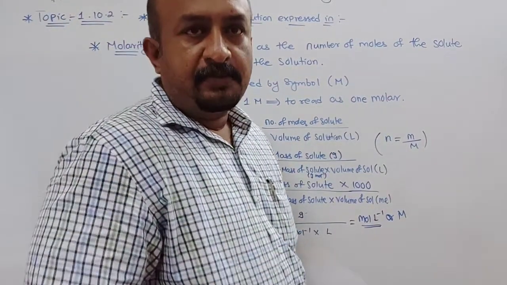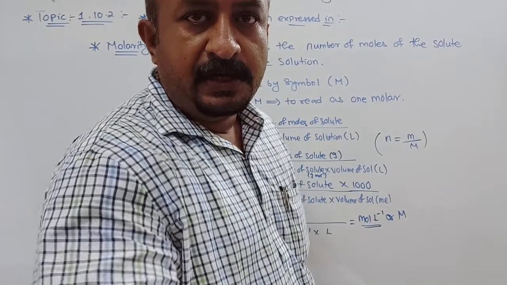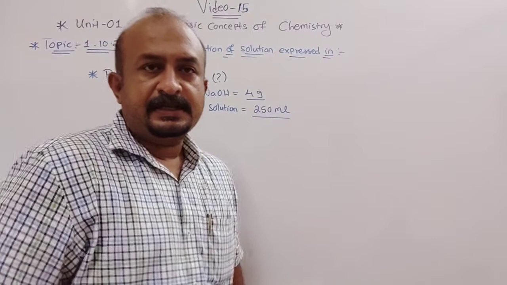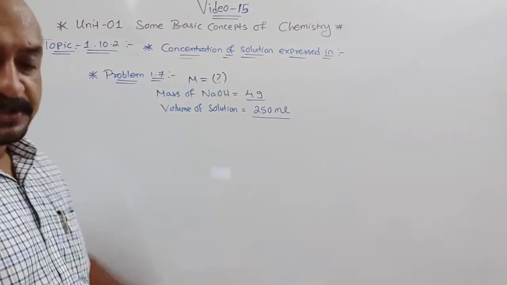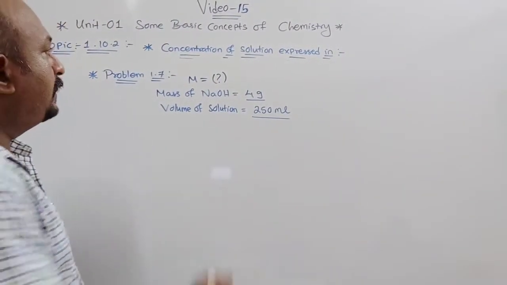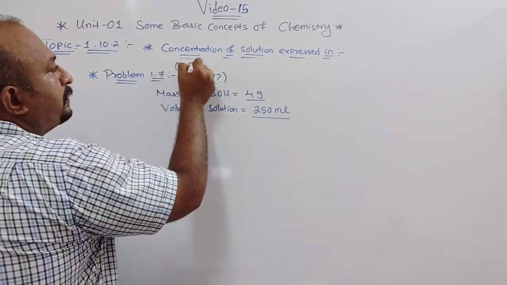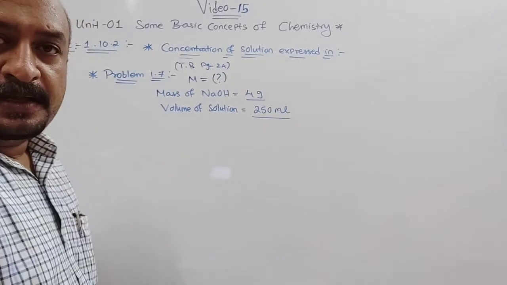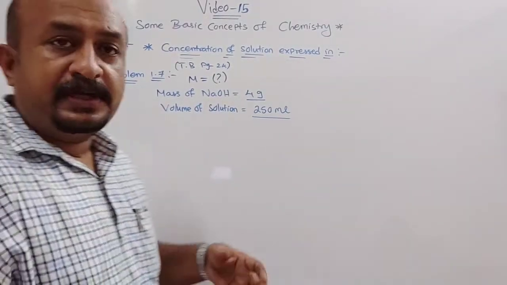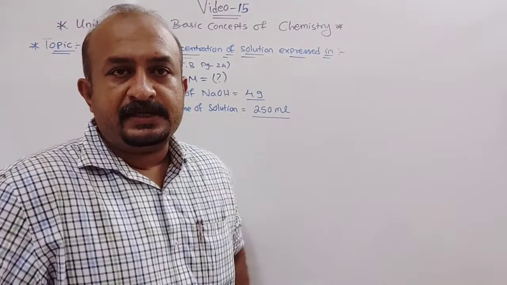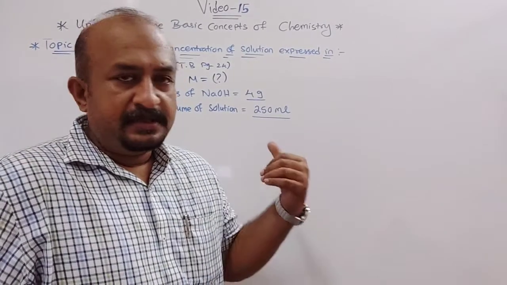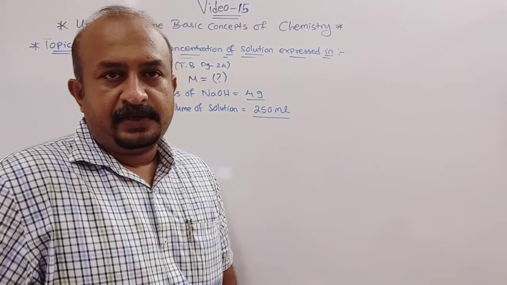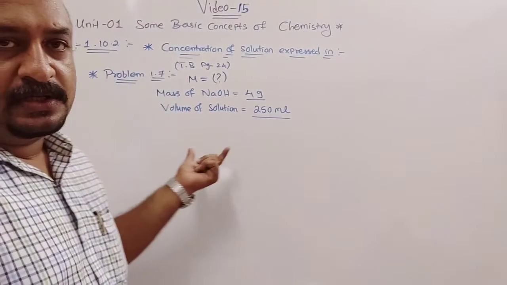Now one example I will do so that this part will also be clear to you. You can see this example, it is problem 1.7 given in your textbook on page 24. Now we are nearing the end of this chapter. Only one topic is left, that is molarity. But in this we will discuss a little bit more things which can be helpful in your competitive exams also. So first of all we will solve this example.